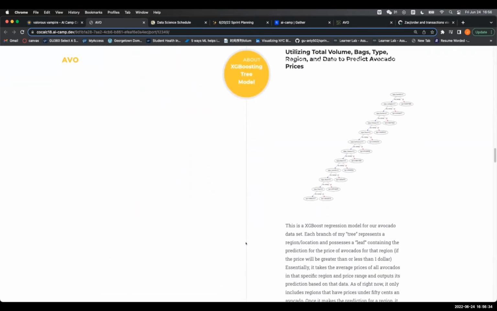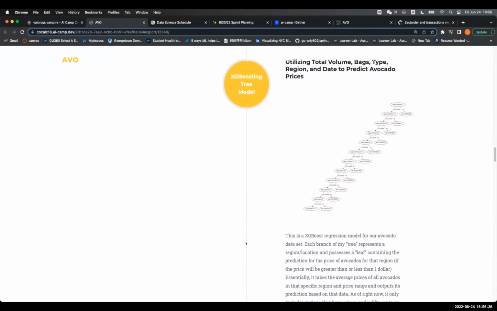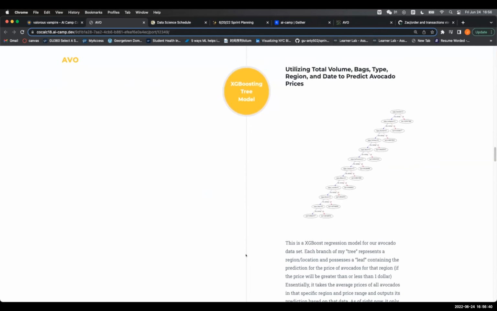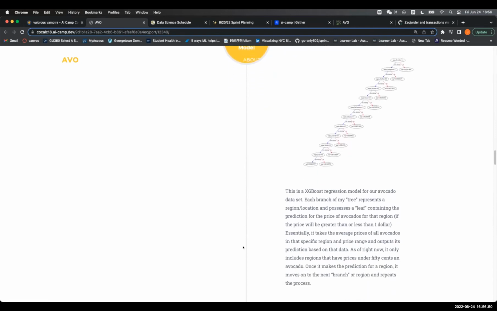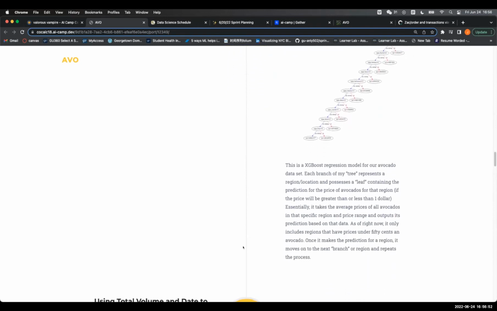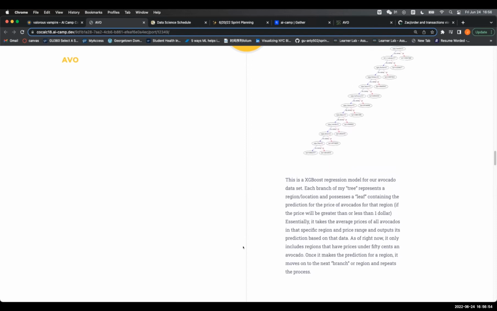I created an XGBoost regression model for our avocado dataset, and each branch of my tree represents a region or location and possesses a leaf containing the prediction for the prices of avocados for that specific region, whether the price will be greater than $1 or less than $1. Essentially, it takes the average prices of all avocados in that specific region and price range